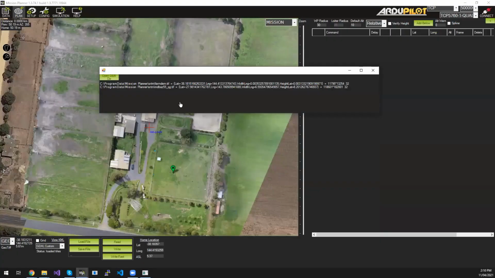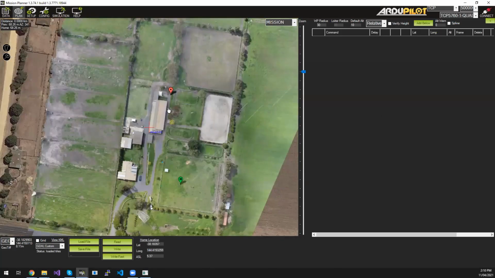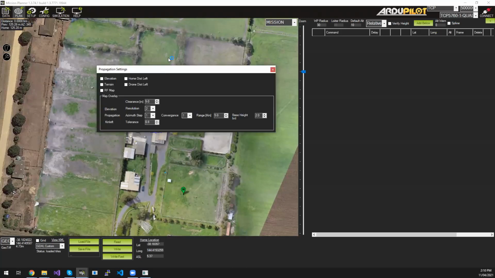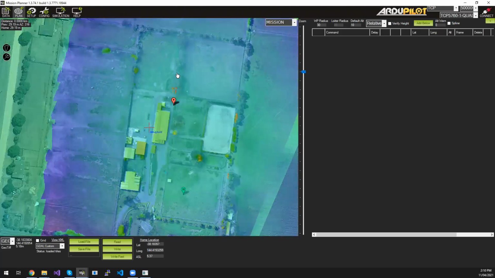To give you a better idea: yes, I know it's using the DEM data, but how do I actually really know that it's using it? I can see down here, and when I mouse over that, it says GeoTIFF, but how do I actually know? There's another shortcut called Control W. I've done a previous talk on Control W, but basically this is just highlighting. So what I'm going to do is click Terrain,